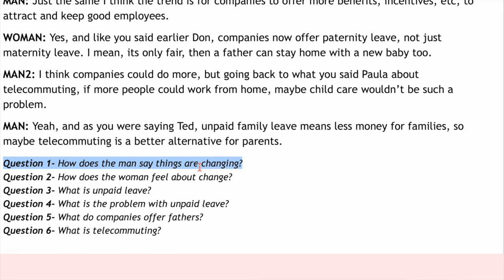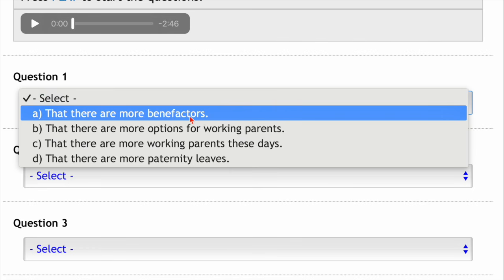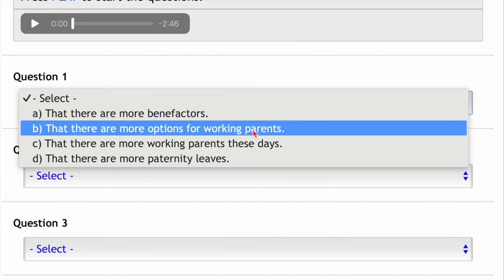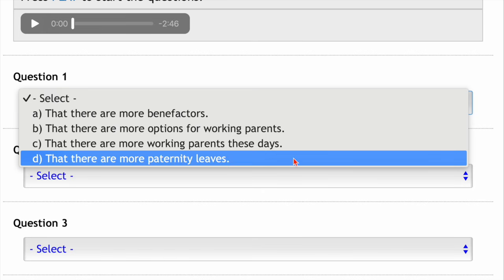So they start off in the conversation. What do they say about how things are changing? There are more benefactors. There are more options for working parents. There are more working parents these days, or there are more paternity leaves. Well,